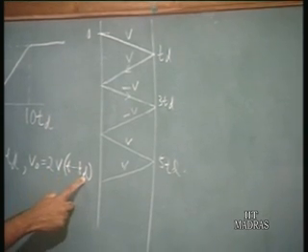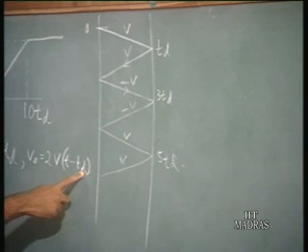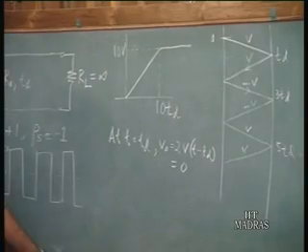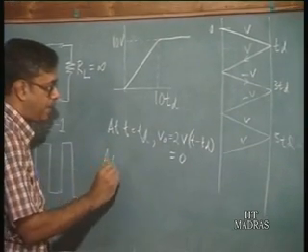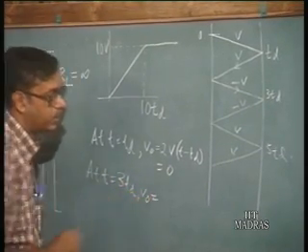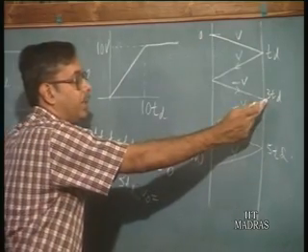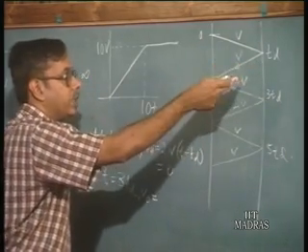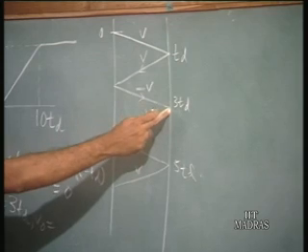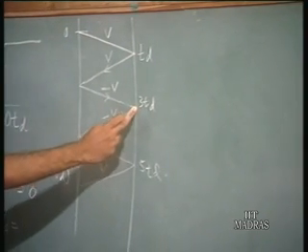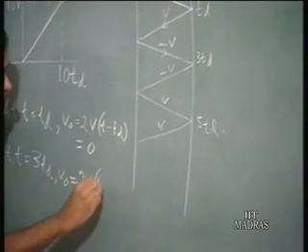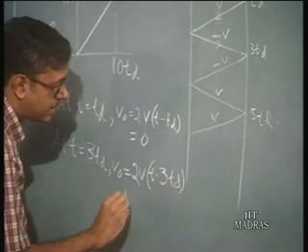So the voltage at time T minus TD, at T equal to 0 for this ramp, is equal to 0. So the voltage is equal to 0. All right. Now at T is equal to 3 TD, the voltage output at this point is going to be twice the voltage which started off at time TD before from the source end, and minus twice the voltage which started off at time 3 TD before, that is from the source end. So we can write V output is equal to twice voltage T minus 3 TD plus twice the voltage,